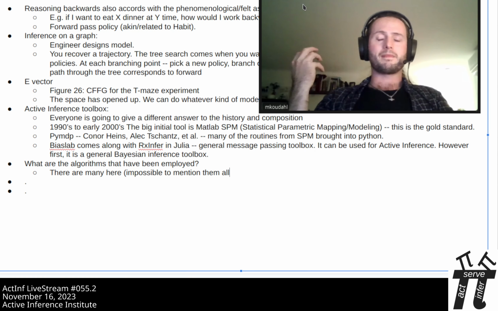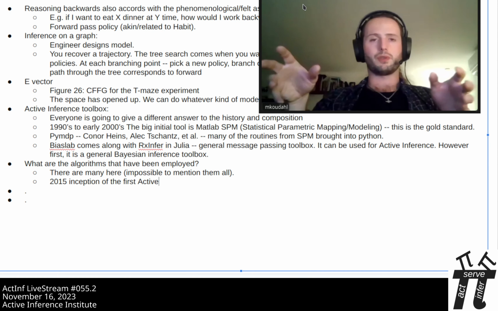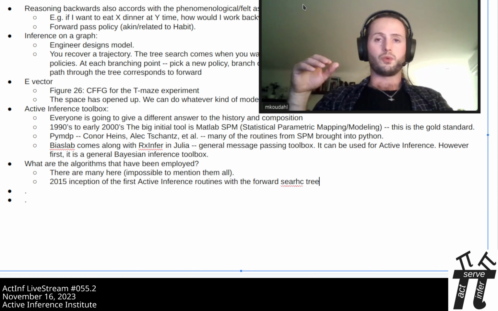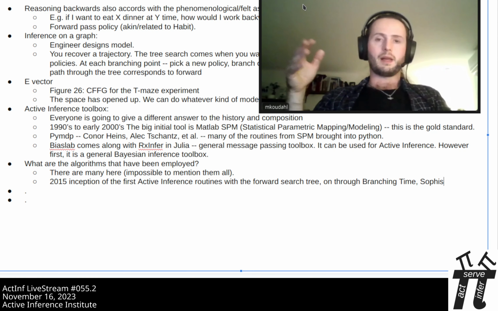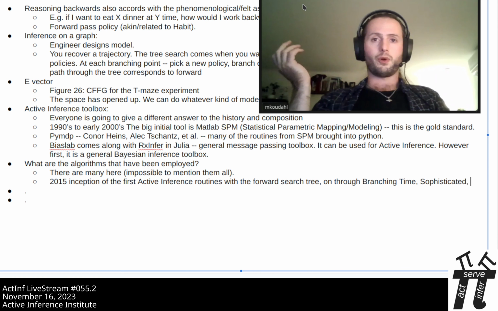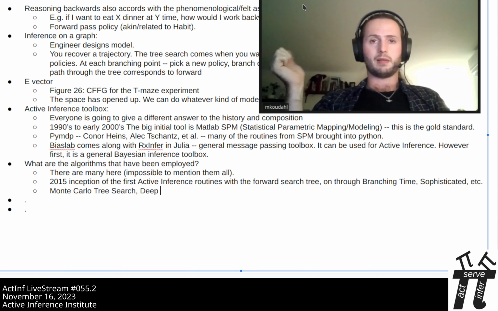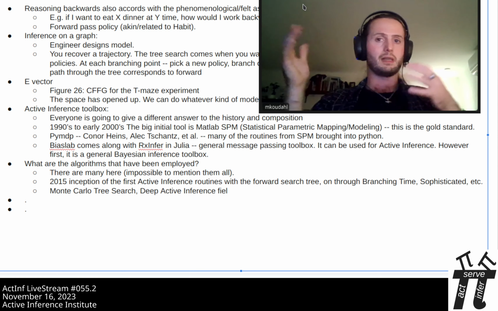From the original inception in 2015 of the first active inference routines with the forward search tree, through to something like branching time active inference or sophisticated inference, there's been a lot of really interesting work with Monte Carlo tree search, and the whole deep active inference field that I haven't touched on at all in any of these discussions, because it's a different approach.